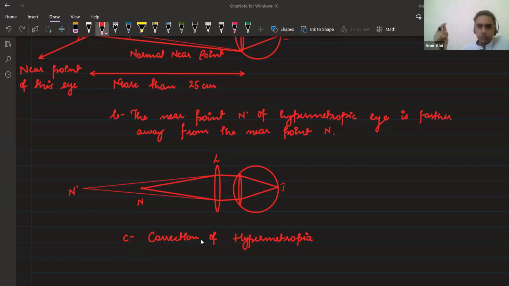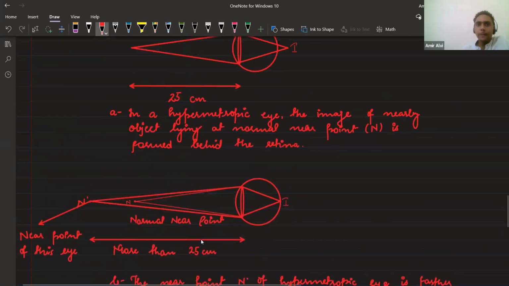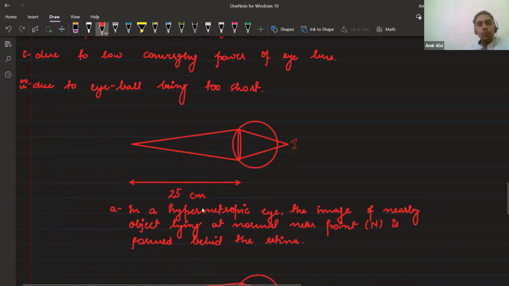Yes, sure. Sir, Maha, can you explain the first and the second figures? Okay, look, this is the actual near point of the human eye, but when the object is at the actual near point, the image formed is beyond the retina. It means that this is not visible to that person due to hypermetropia. Okay, the first case is that.